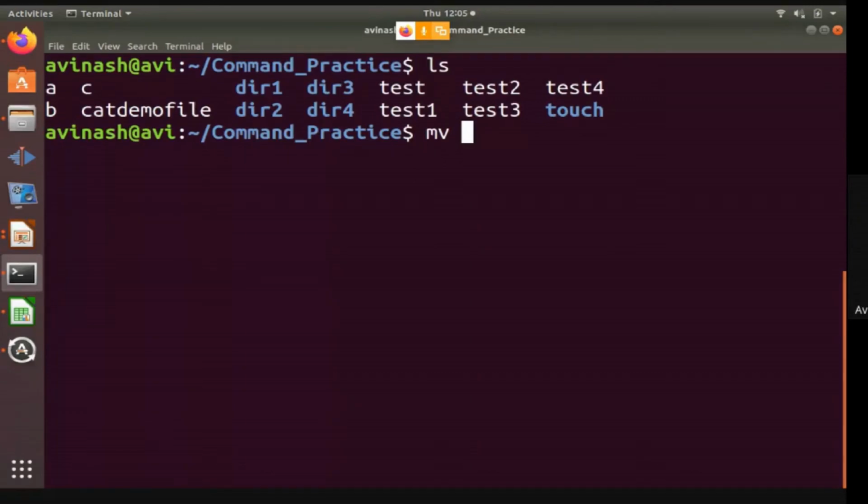First use is to rename a file, and the second is to move the files from one location to another location. So first we will understand how to rename a file. Let us start. We want to rename the test file to renamed file.